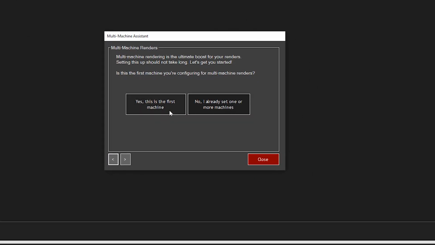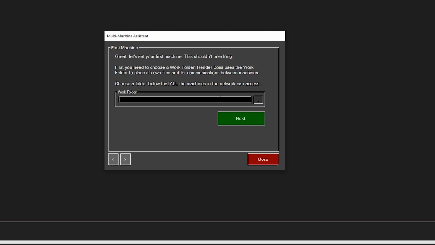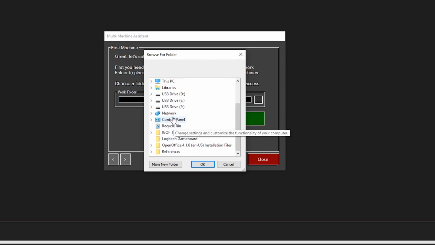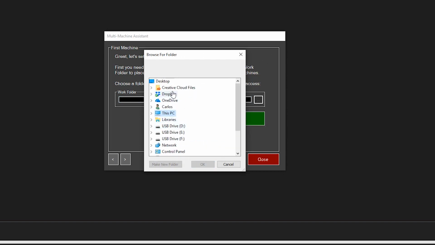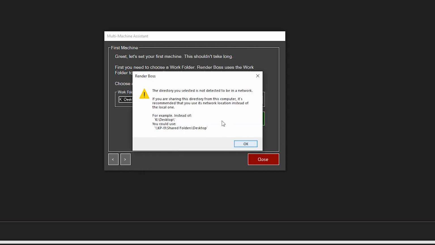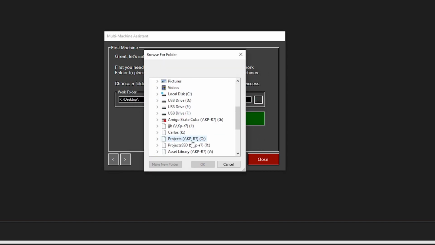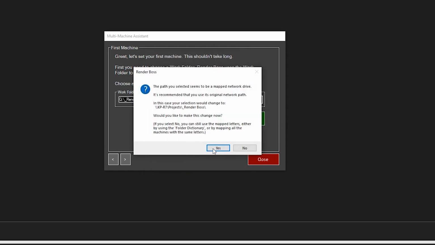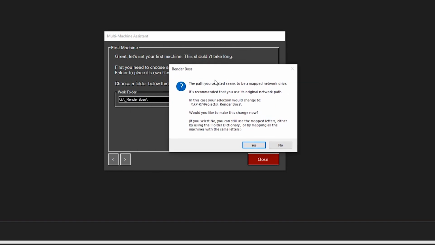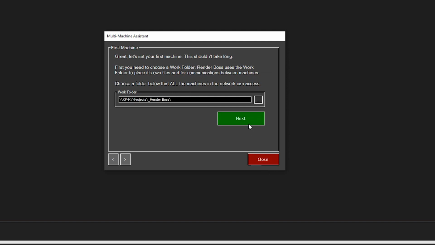Let's say this is the first machine, and then we need to select the folder that all the machines have access to. If I select something that doesn't work for that, for example the desktop, it will tell me that this is not detected to be on a network. Also, if you have a mapped drive, like here I have Q, which goes to the network, to the server, it will warn me that if this is not the same letter on all the computers, it might cause an issue. So it will give you a suggestion of something that you can change it to. In this case, I'll take it. Now if I hit next,